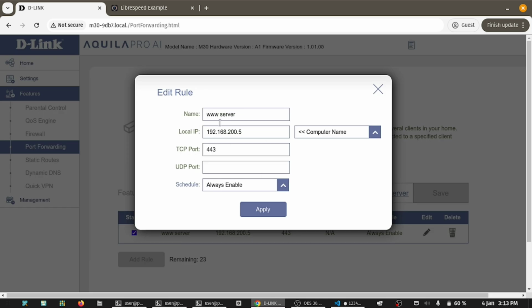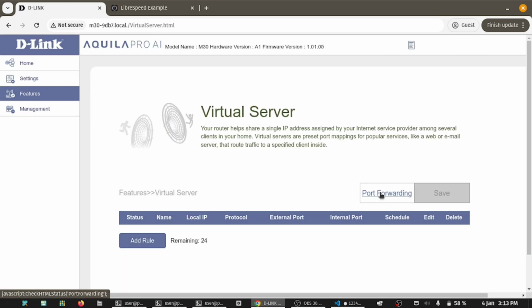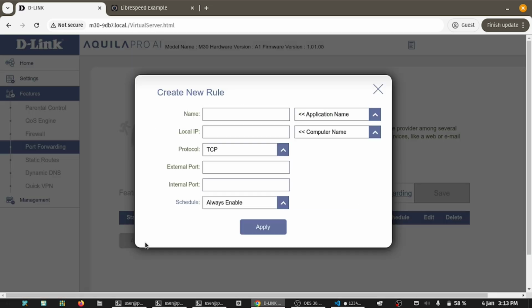It looks like it can't do port translation, so if you had the server listening on 443 on your internal server, but you wanted it exposed on 8443 on the WAN side, it looks like this D-Link router cannot do that. Clicking on virtual server, we can add,